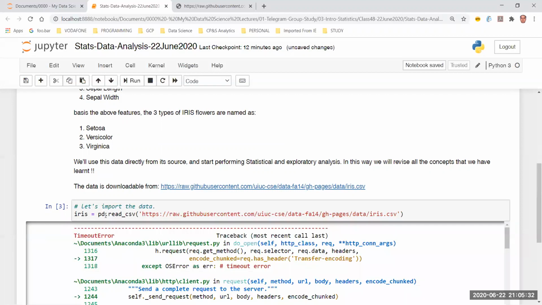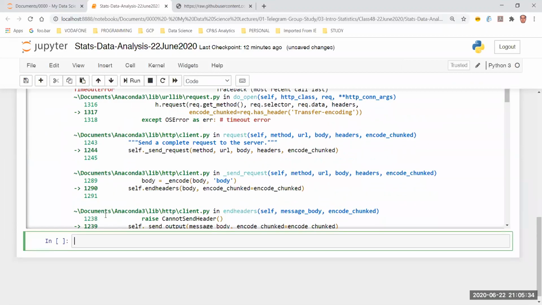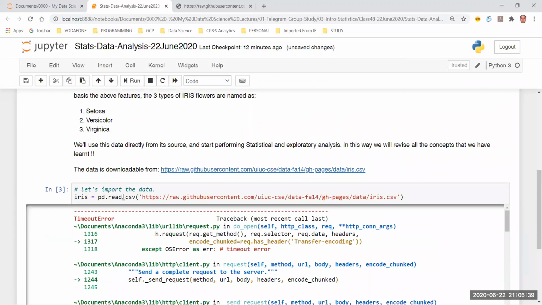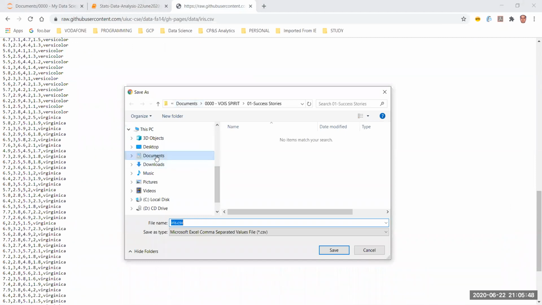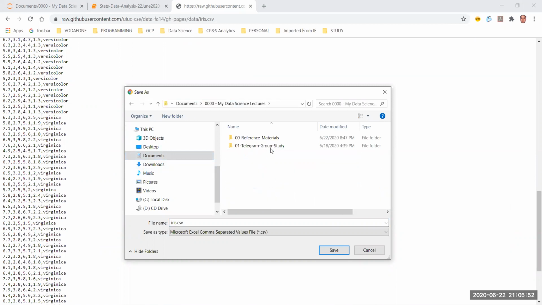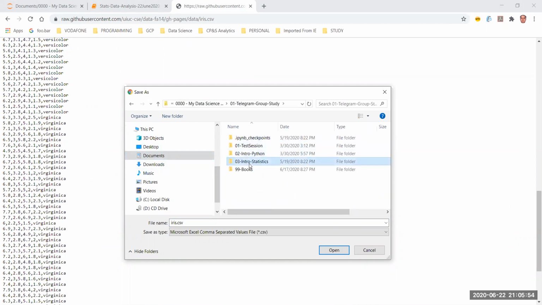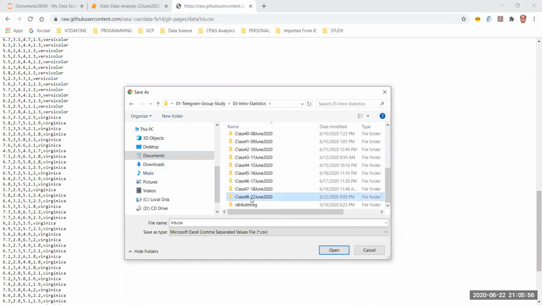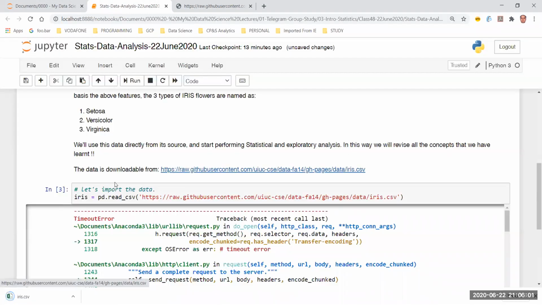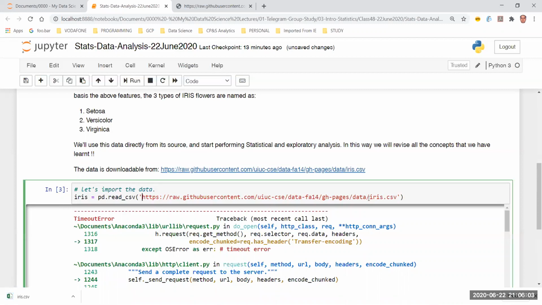Okay, so essentially what I'm trying to show you now, I think it is giving a timeout. There's some problem, I believe. Okay. I think the function that I may have used is not the right one. So let's do one thing. Let's try to download this, and let's come over here, look into my folder and I'll just save it over here. As of now, maybe later on we'll see how to do the thing.